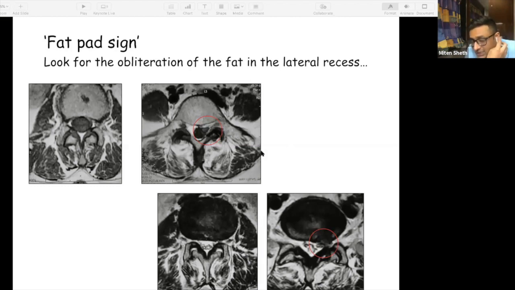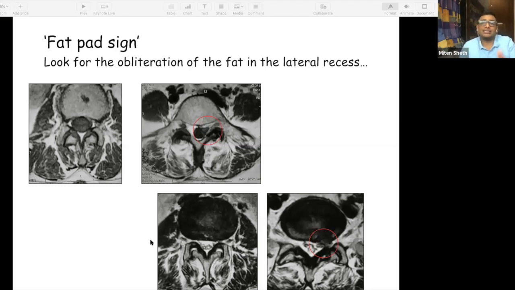So when someone asks me whether you need to see the T1 weighted image, yes, you need to see the T1 weighted images after you have finished your T2, just to make sure there is no infection. And if it is a disc case, or if you're not sure why there is a lot of problem, you want to see if there's any acute extruded fragment which is full of water which is not picked up on this scan. That is where the T1 weighted image is going to help you.